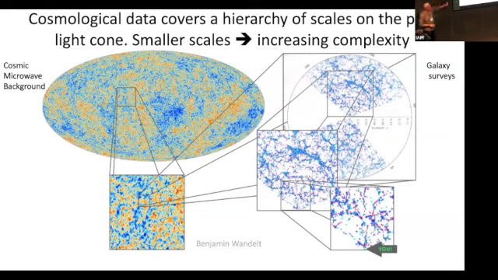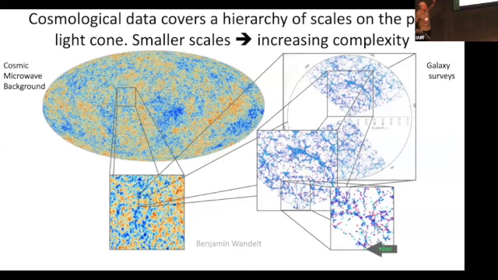But when you zoom in, you start seeing structure at all kinds of different scales, and I switch over to galaxy surveys at some stage. Right on the top right there, that's roughly the scale of current galaxy surveys. I keep zooming in, and eventually get to the stage where there's a single galaxy there at the bottom, which is where we live. So this is all of cosmic structure on one slide. And because it's such a multi-scale problem, that leads to this being quite complex.